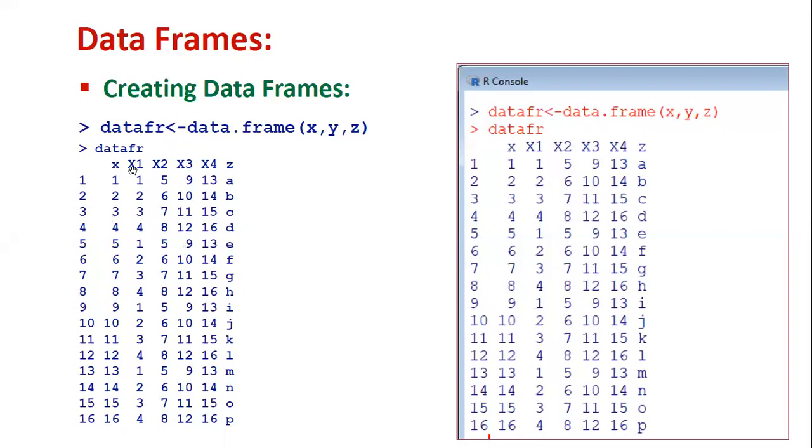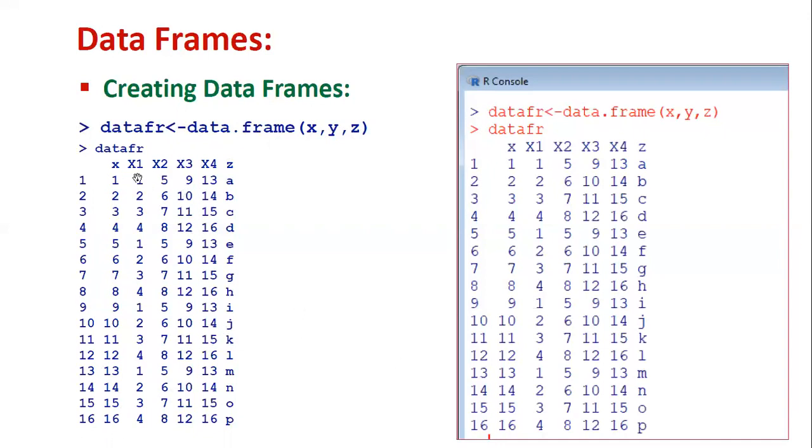Now you can enter df, whatever name we used. Here you can see how the data is stored. First you can see the vector X, what it contains, 1 to 16. So 1 to 16 is stored in the first column. Then the row count is a maximum of 16, so it creates 16 rows. The default row numbers are 1, 2, 3, 4 and so on. Now the second vector is Y. Y contains a 4 by 4 matrix, which is accommodated within 16 rows by repeating.